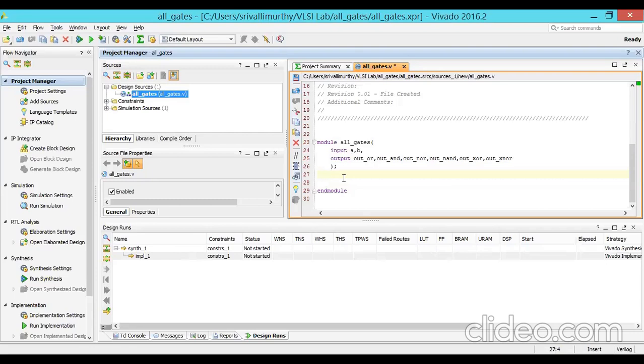If you want to see the programming, I can type the program here, or I can show it in the document also.